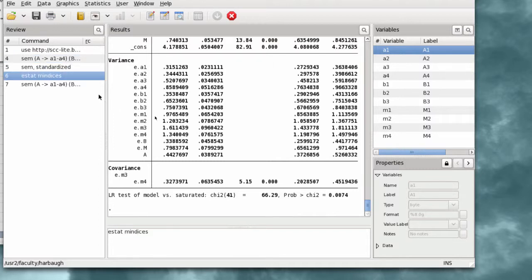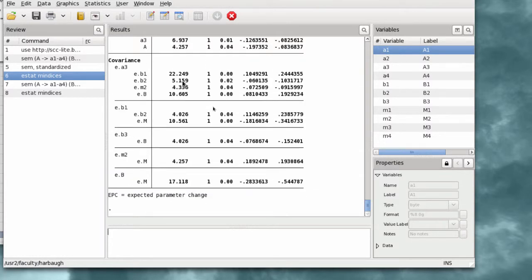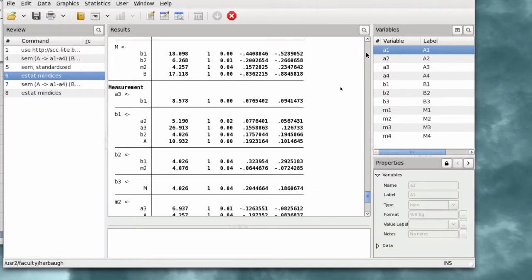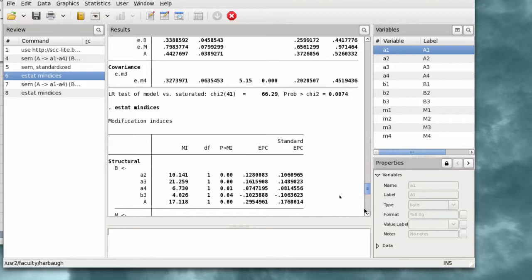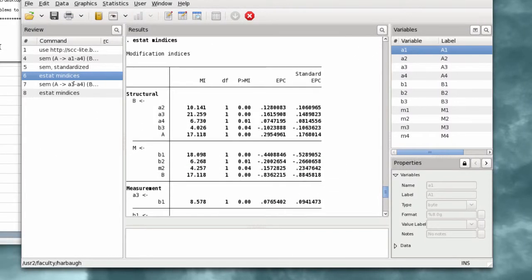Let me run the estat, so I put estat mindices. I'll run that one. Okay, so this was the command that it just ran. I'll scoot this down so I can see it. Now again, I cheated. I just grabbed it from the command line. And the modification indices now